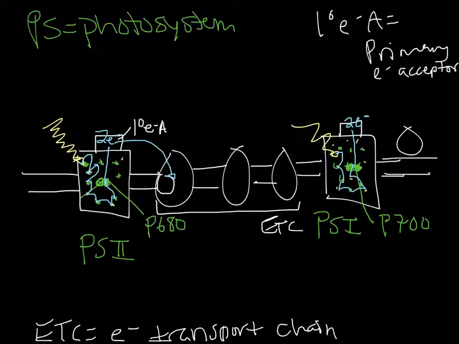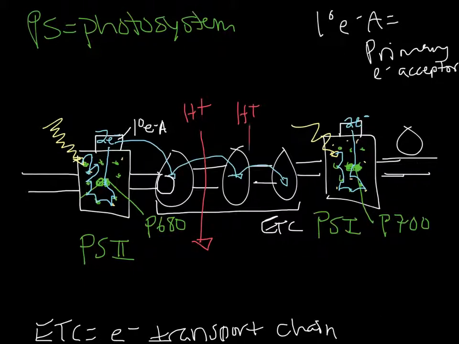Then they're going to get pulled by the next member, so even more electronegative. So it's going to be able to pull those electrons towards it. The electrons lose a little more energy, and then they bounce to the last of the electron transport chain, and they've lost a lot of energy. So why do I mention that they're losing energy as they jump down, down, down the chain? That energy is harnessed in order to do work, and in this case it's the work of pumping hydrogen ions